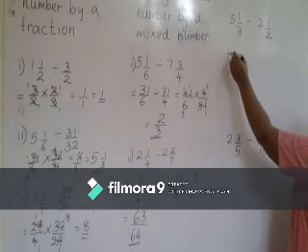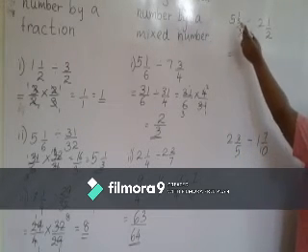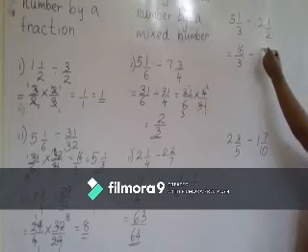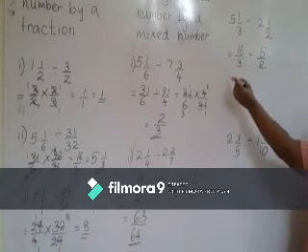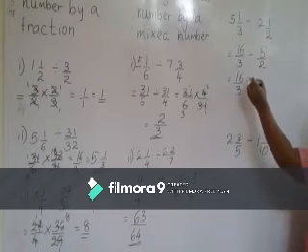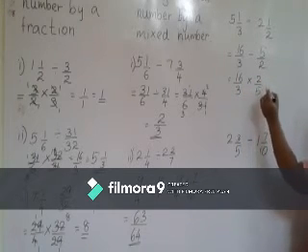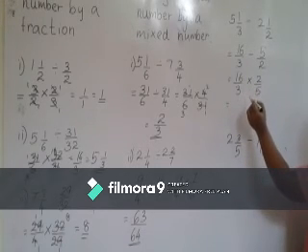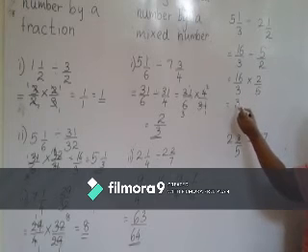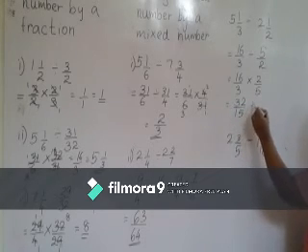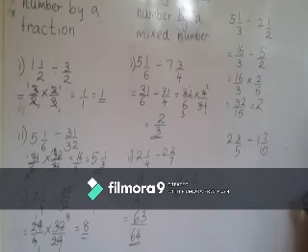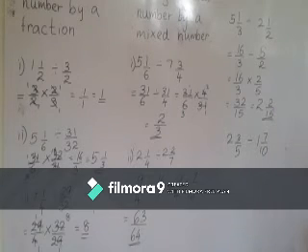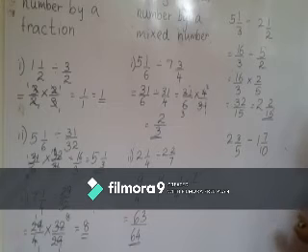Next, here also we must make into improper fractions. 5 times 3 is 15, added 1 is 16 over 3. Divide by 2 times 2 is 4. 4 added 1 is 5, 5 halves. 16 thirds multiply 2 fifths. So 16 times 2 is 32. 3 times 5 is 15. There are 2 groups. It is 30. Then there are 2 remains out of 15. 2 with 2/15, or 2 and 2/15.